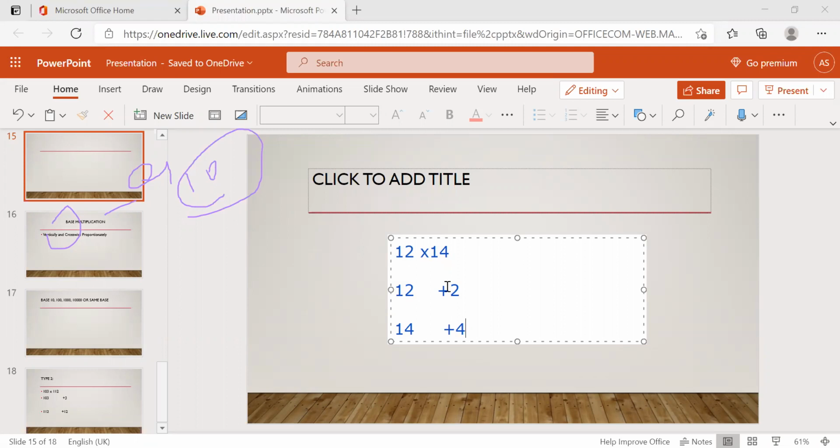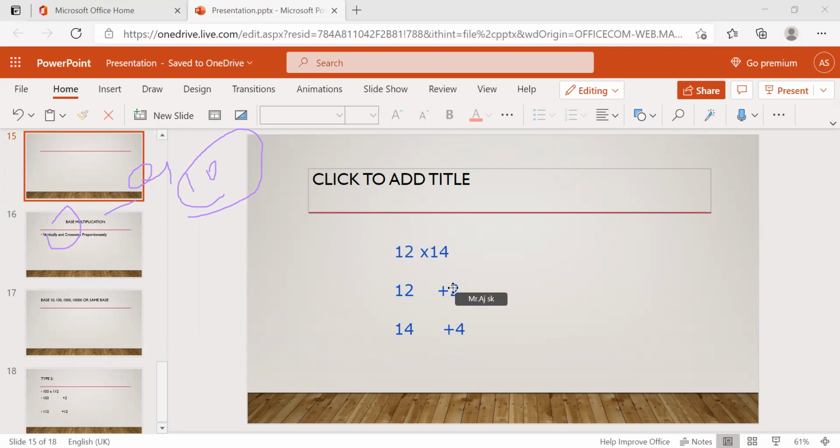So based on this, remember, first of all, you have to consider both numbers that are given, 12 here, 14 here. The base value is 10. So it is more than 10. How much is it? Plus 2. It is also more than 10. How much is it? Plus 4. So the sign is very important here.